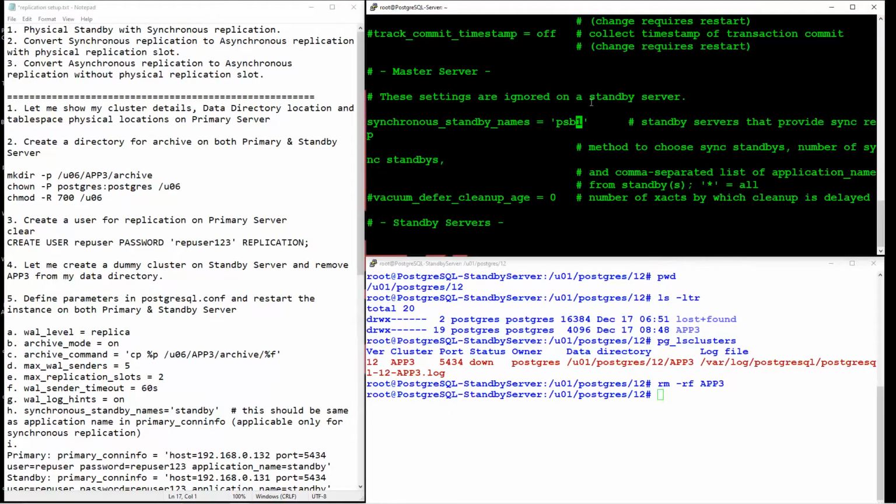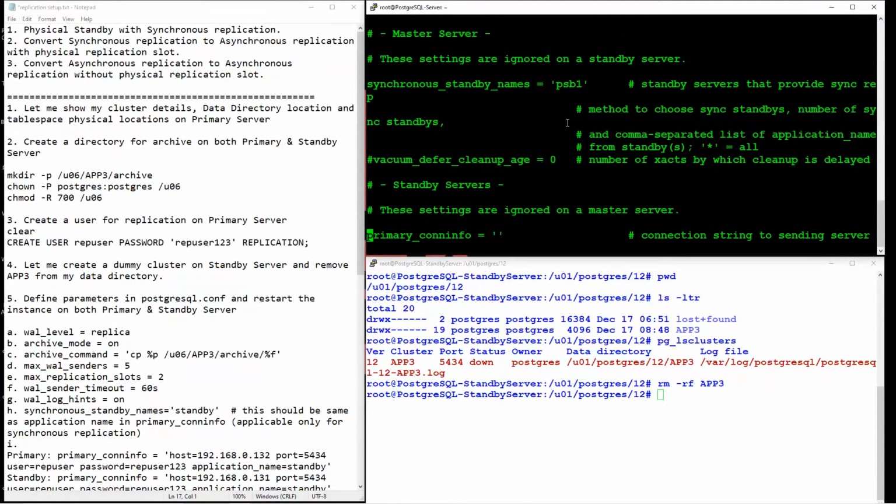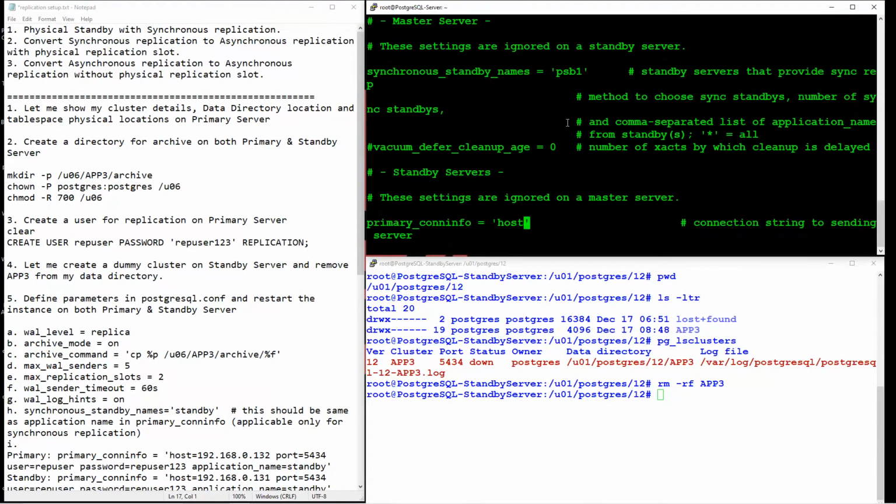Sorry, this is not a replication slot name, this is going to be the application name, whatever I define in my primary connection info. So here I need to define host, and this should point to my standby server.